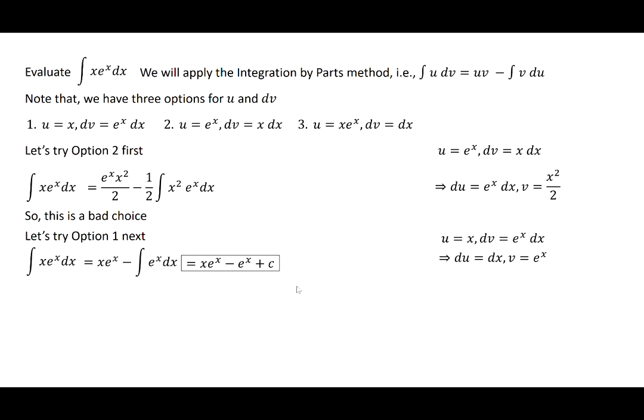Xe to the x minus e to the x plus c. Cool. We solve the integral. So this is the idea behind integration by parts. I'll solve quite a few problems and help you out. So the question is,